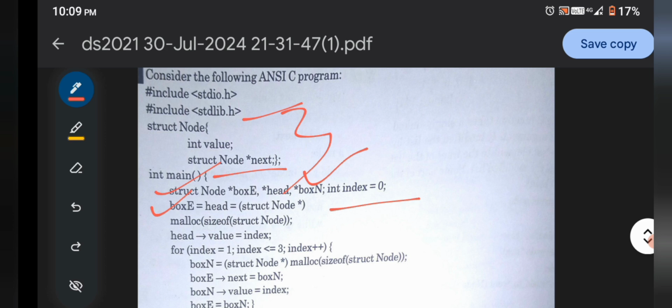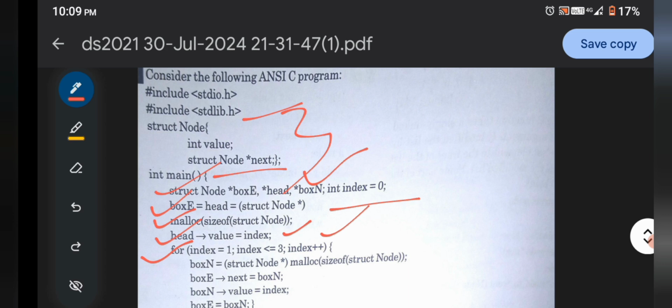Here malloc of size of structure node allocates memory to the node. Now head is pointing to the indexed value, and after that the for loop starts with index value 1, it is less than or equal to 3, and the index is incremented by 1.